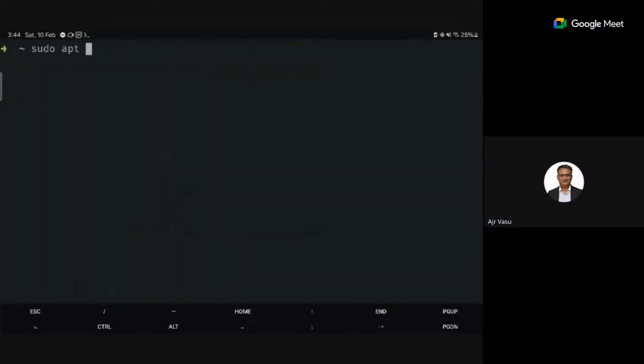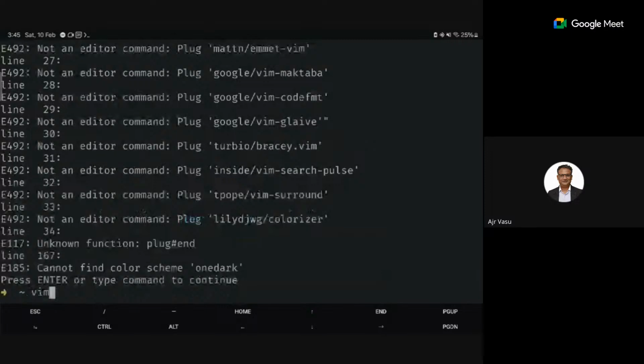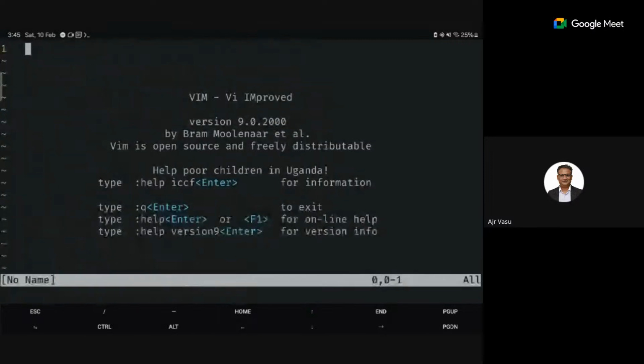Okay, simply use sudo apt install vim. Use the Vim GTK version if you are using Ubuntu. No, I'm using Mac, so I think I have to use Homebrew. Yes, you have to use Homebrew and then point towards that. No, don't use VI, simply use the vim command. Vim will always open Vim, so it will not have any issues. Vim is not installed? No, it is there. Yeah, because Vim comes with most distributions. Yeah, VI improved. Correct. I've been using VI without knowing so far.